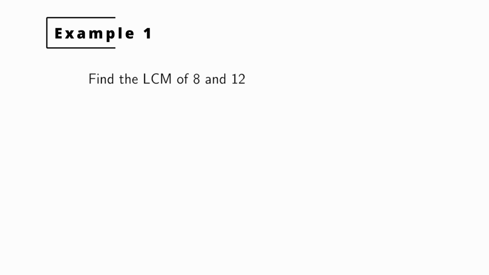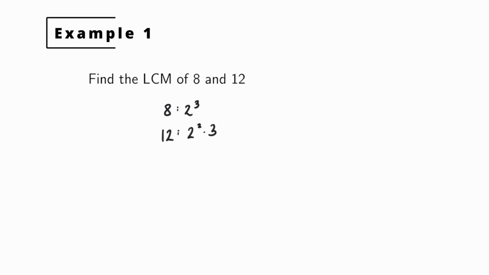When we have two numbers, the least common multiple of those two numbers is the smallest number they will both evenly divide. Now, the way we can figure this out, although you might already know the answer in this case, is to look at the prime factorization of each number. So we look at 8, and 8 is just 2 cubed. And 12 is 2 squared times 3, okay?